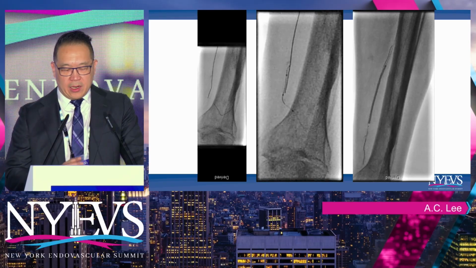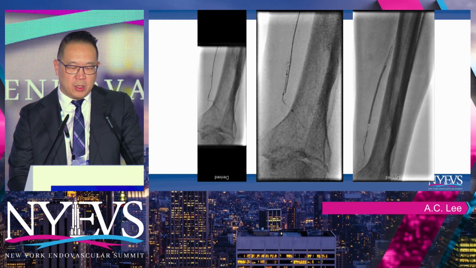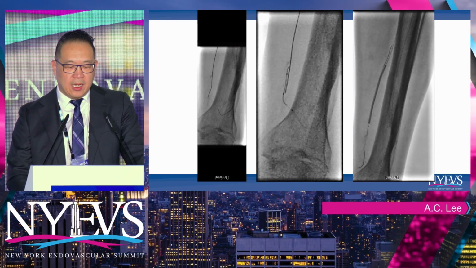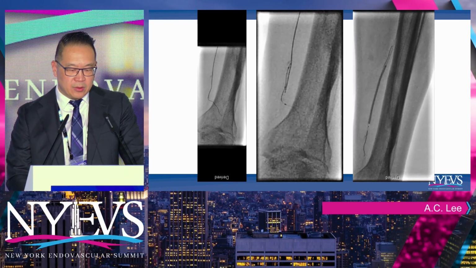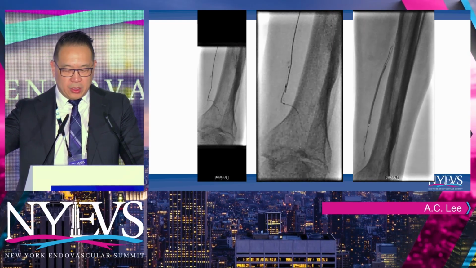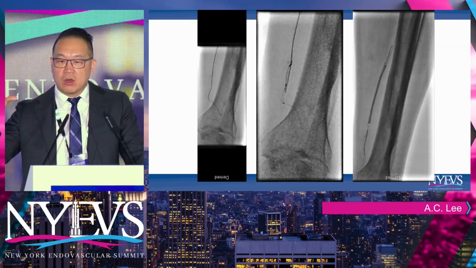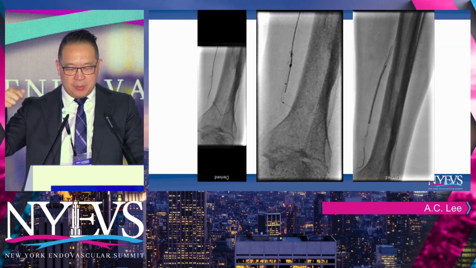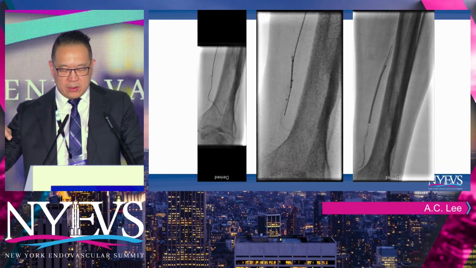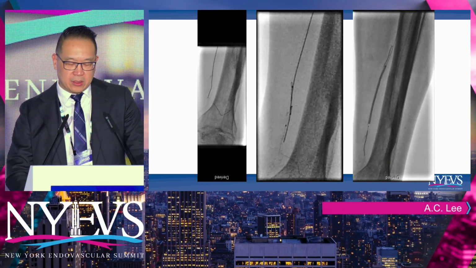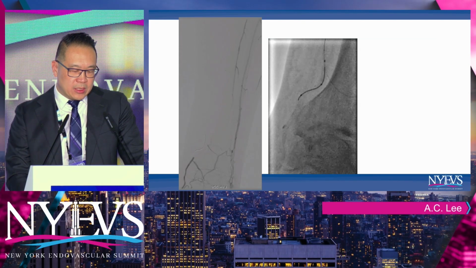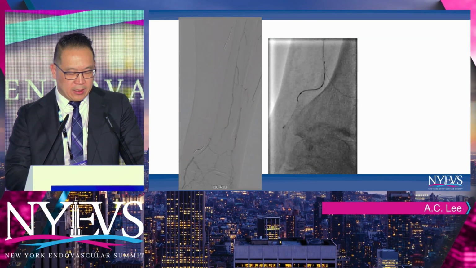Here, I was like, okay, let's just go peroneal to the posterior communicating artery, poke a little bit. Usually, I like to just subintimally dissect above. Here, for whatever reason, I didn't really force it too much. And you can see that I did not get back into the artery, so I ballooned it, thinking I was doing a reverse CART in the posterior tibial. While that balloon was up, fiddling with the wire, it was like an anchoring balloon. I got through on the right frame, you see, into that second area of reconstitution, first area of reconstitution. And so the reason I show this is, again, I'm off track on the left frame,